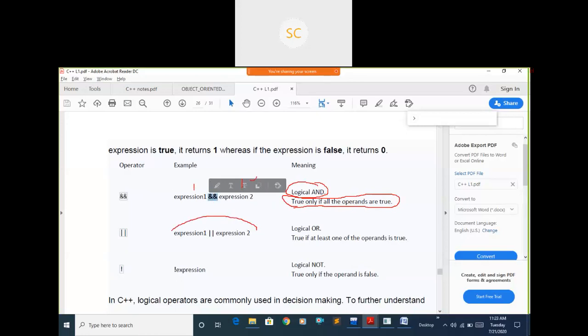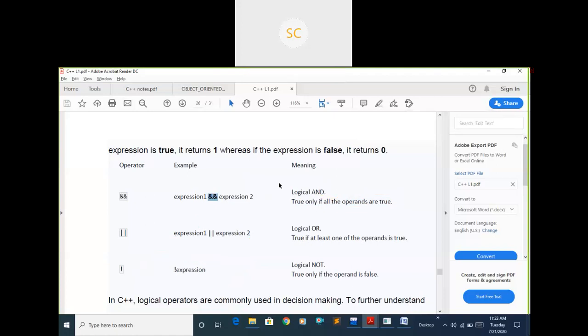In the OR case, if any one is true, you will get true, otherwise false, which means if both are false, you will get false as the output. The NOT operator performs the logical NOT. If the expression is true, you will get false. If the expression is false, you will get true. This you need to follow.